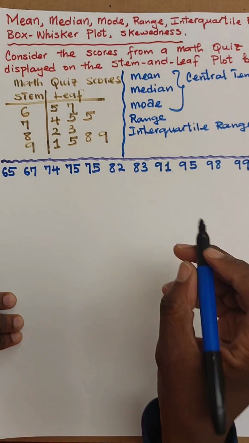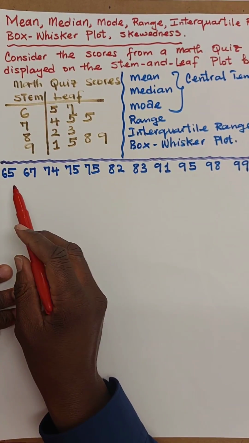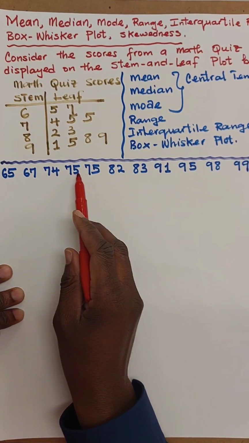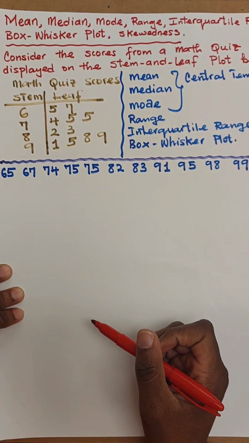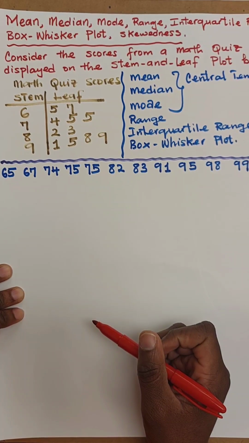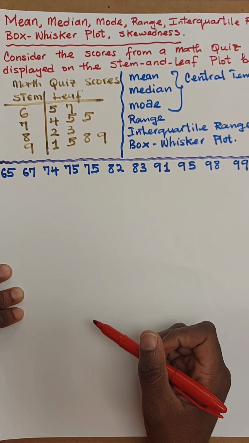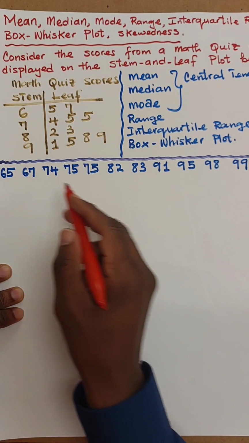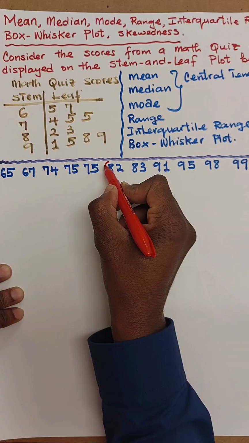So we will start off calculating the median. So this data has 11 values. 1, 2, 3, 4, 5, 6, 7, 8, 9, 10, 11. So this is the data for 11 students. These are test scores for 11 students. The median is simply the middle number when we arrange them in ascending order. And that middle number is right here,